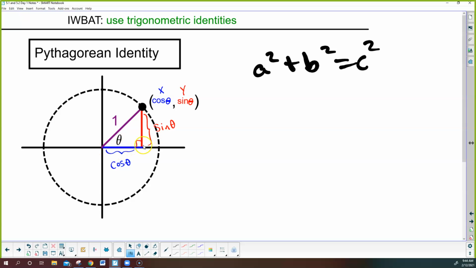So knowing that I've got 2 sides of a right triangle, a squared plus b squared has to equal the hypotenuse squared. So what we're going to do is put this in here. I want it to be blue. And I'm going to call cosine